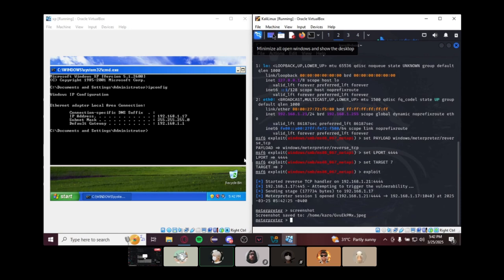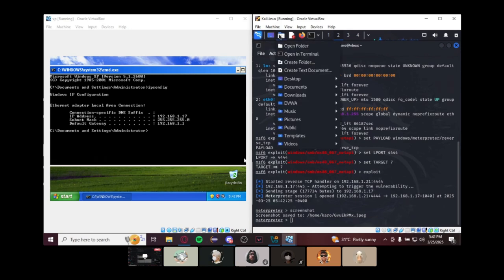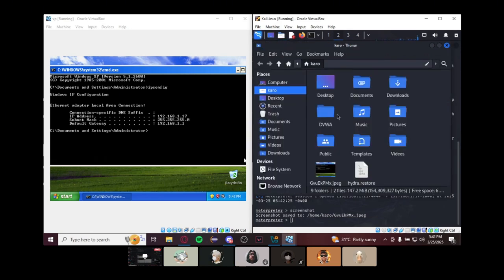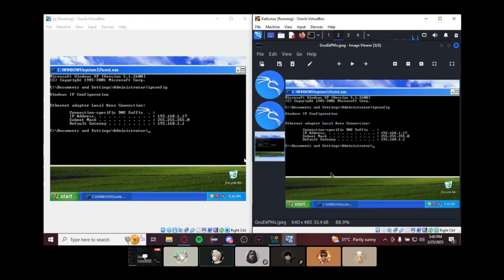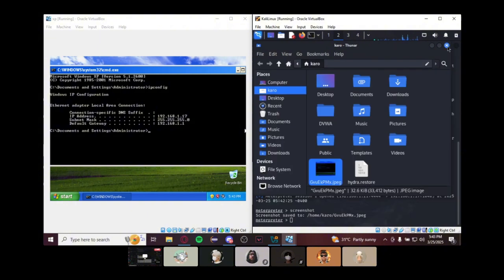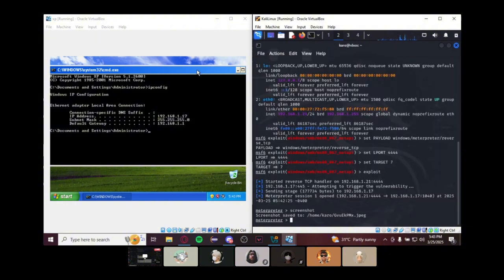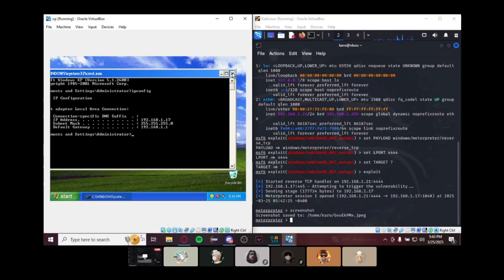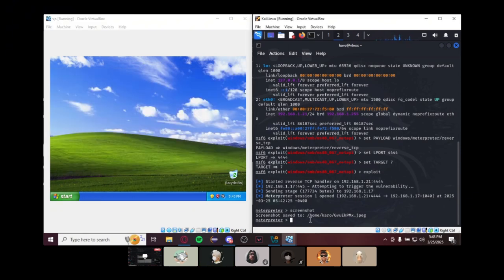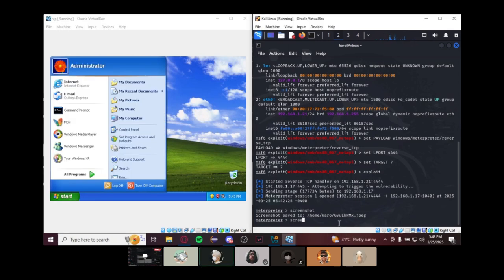So let us check here. As you can see, this is the photo that we took, and it looks exactly like this one because we are now connected with the computer. So let us take one more screenshot, so we can have some similarities.